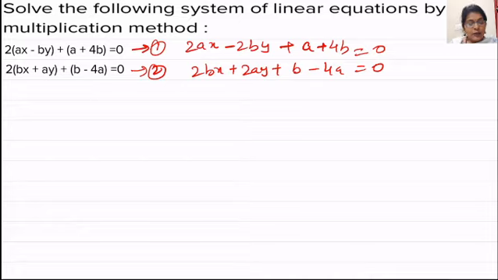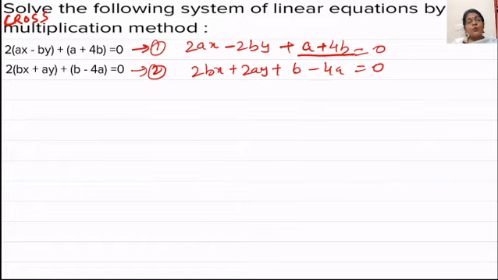So what has it become? It has become the general form ax plus by plus c, where this whole is c. Now, here it is also written by the cross multiplication method, and the cross multiplication method is easy also. We will solve this equation by the cross multiplication method.